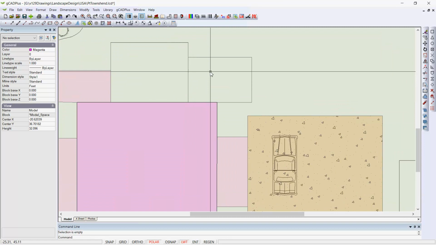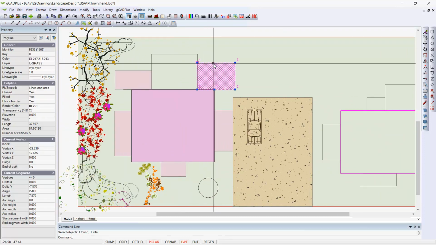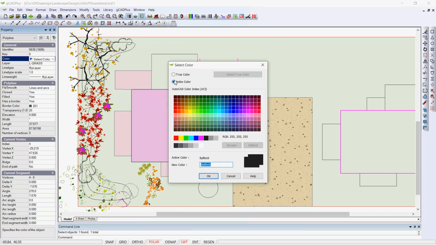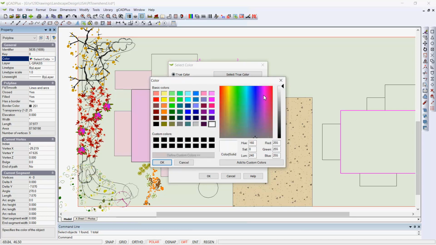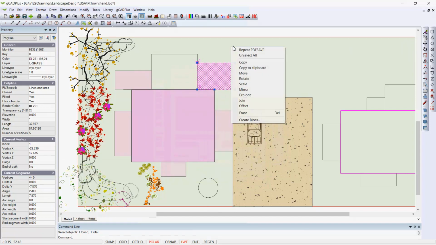I didn't make a mistake, it's just so faint that it's difficult to see. So let's pick that one and we'll do that again. Select a colour, true colour, come into the magenta area here. We won't be as bold this time, and we'll do that and unselect all,